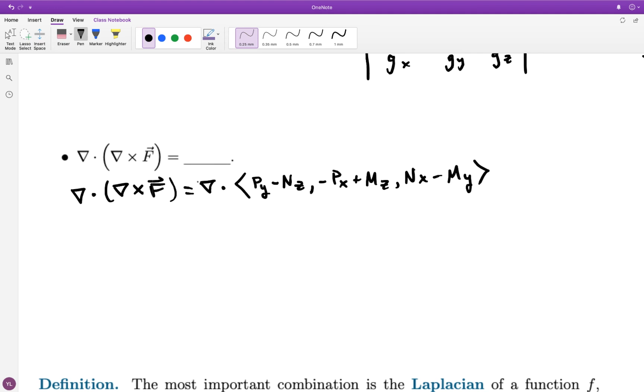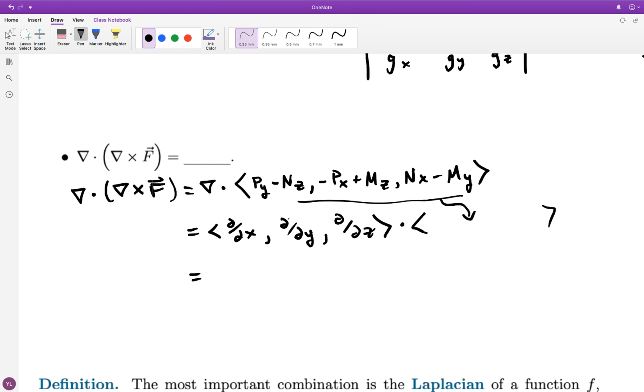okay, if you write it all out, the cross product gives you this for the curl, and now I'm going to dot with the divergence. So I'm doing this dot product. When I take this dot product, I'm putting partial with respect to x next to this expression here. So taking the partial derivative of P sub y and N sub z with respect to x results in these partials. And then I add on to that the derivative of this expression with respect to y. And then finally,